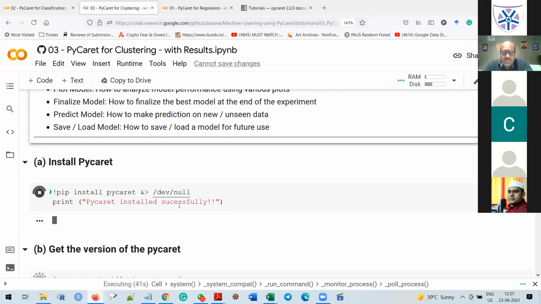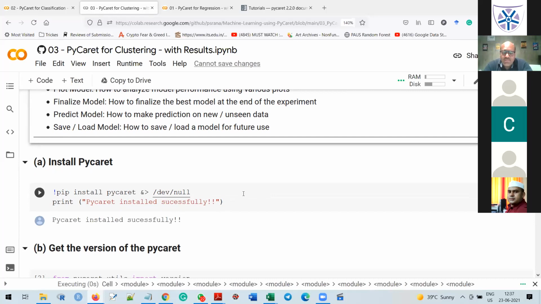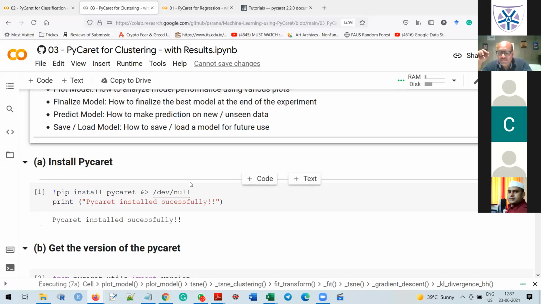So class, very first step, I am again installing the PyCaret package. Now, one more important key point for you. If you are working with Jupyter, meaning with Anaconda on Jupyter on your local machine, then there is no need to reinstall the package again and again. That is the key point. No need to rerun the code because the installation is already done. The library is automatically installed on your machine. But whenever you are working with Google Colab, then you need to run it again and again.